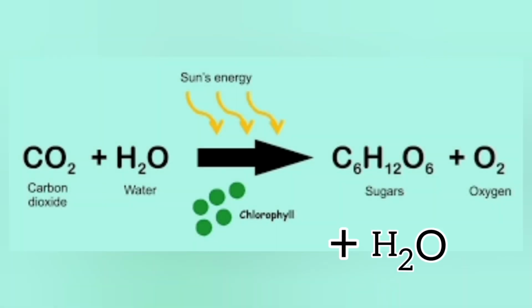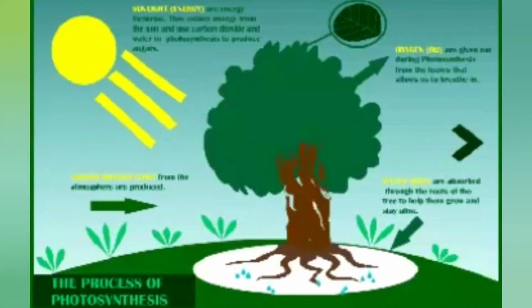So, what are the end products of photosynthesis? They are starch or sucrose, which is used by the cell, and water, which is utilized in various life processes, and oxygen, which diffuses out through stomata and is used by all living organisms for respiration. My dear students, it was all about photosynthesis and the steps involved in photosynthesis.